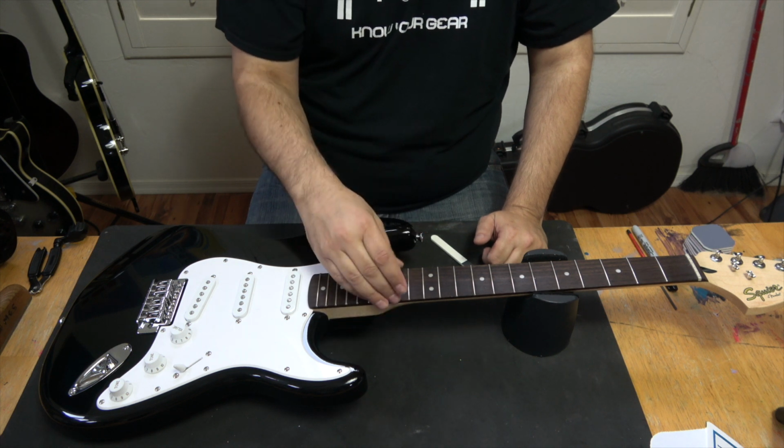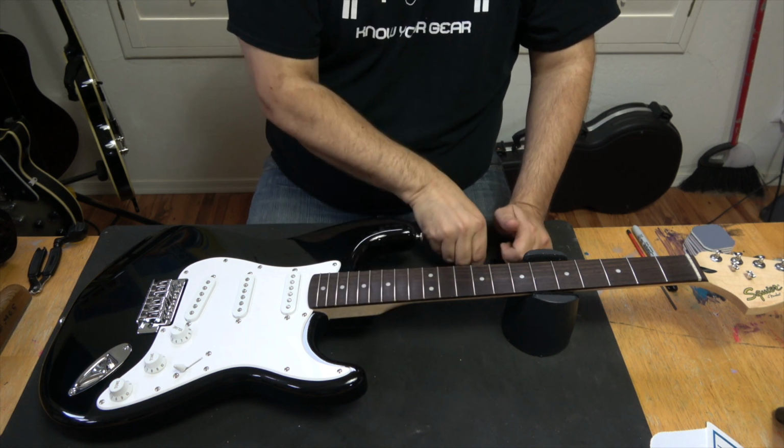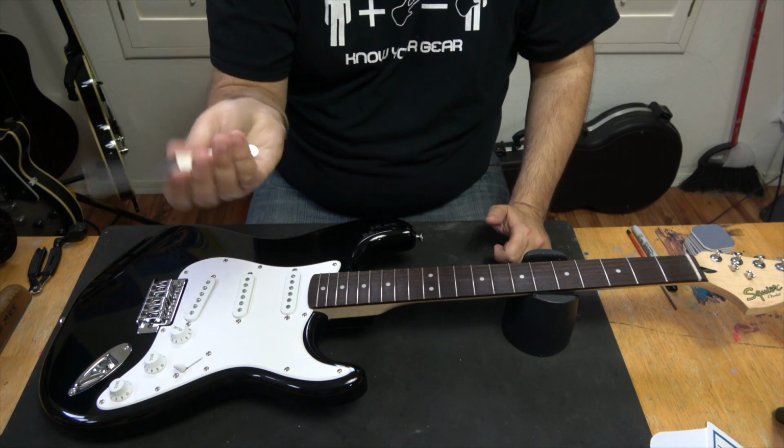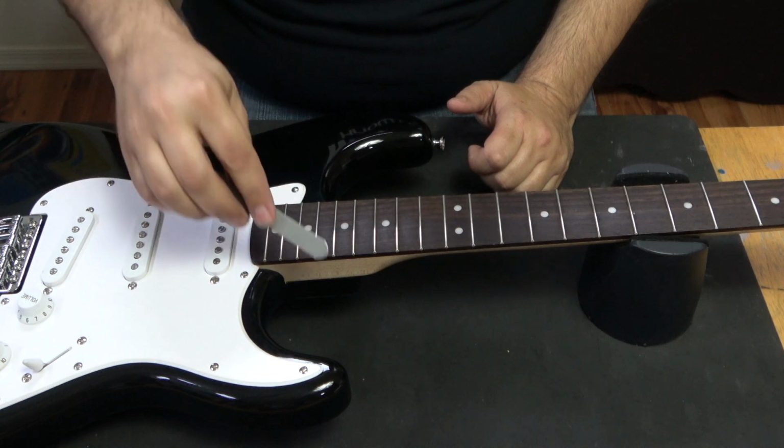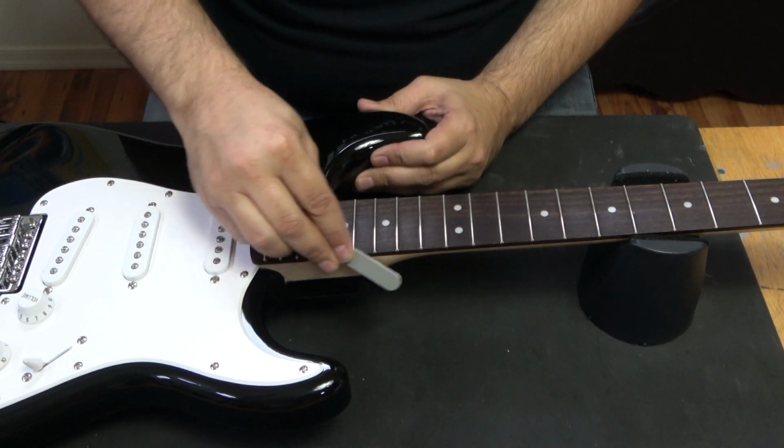We say sprout, but really they didn't move, the neck did. You take a file like this, take the coarse side and put it right here at an angle, kind of downward. See how I'm doing it like this? And then